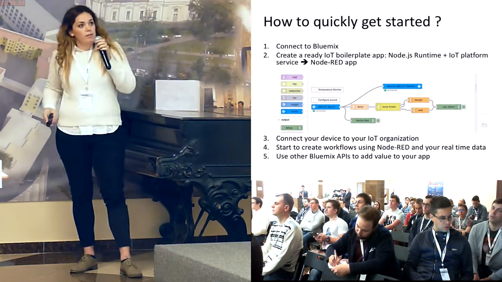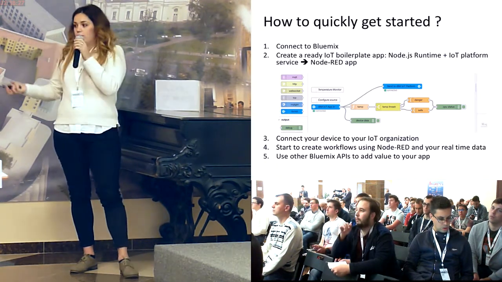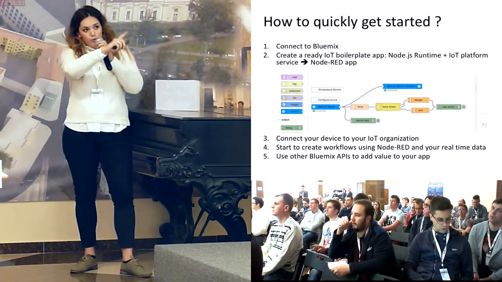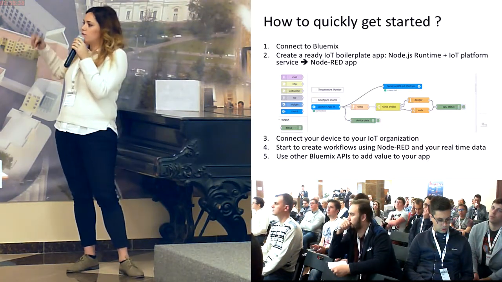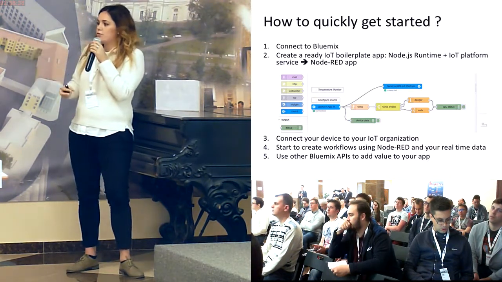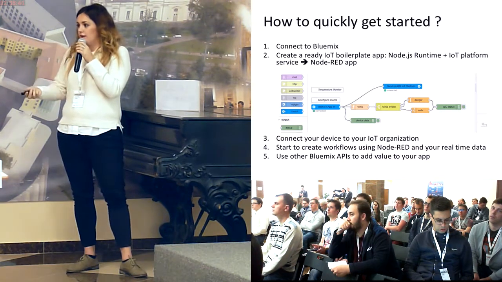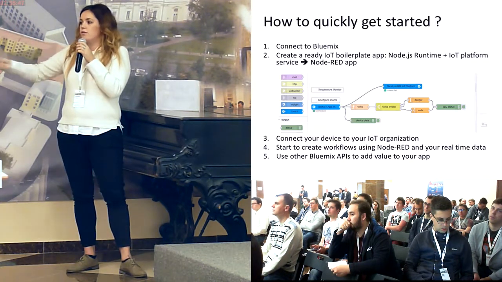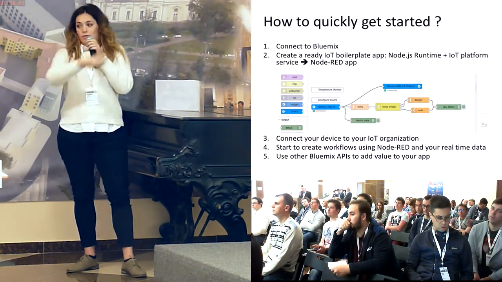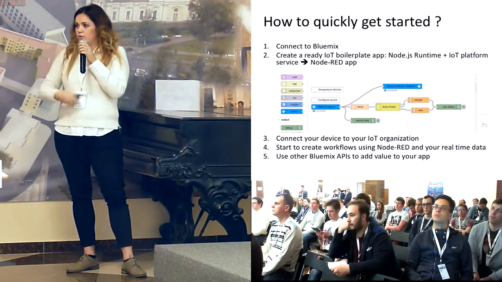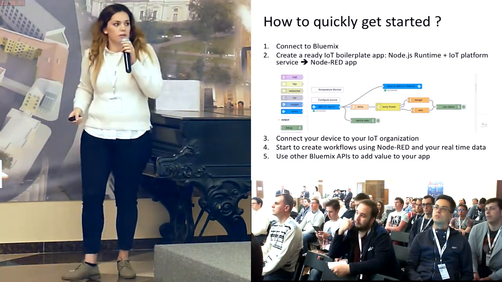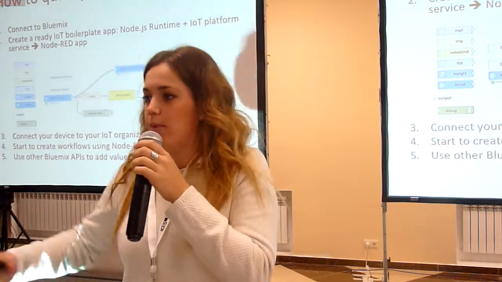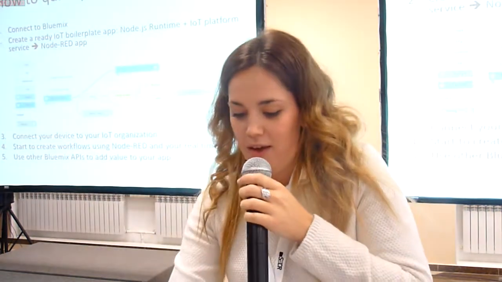So how do you get started, for example, with your IoT? Imagine you have your Raspberry Pi. You can use Node-RED externally as a web application, but you can also install it on your device. For example, you can install it on your Raspberry Pi, and with just a Wi-Fi connection, you will be able to send your data directly with just two boxes. You will send your data to the cloud, to the Watson IoT platform. In this example, I don't have a Raspberry Pi with me, but I will show you how to receive data in a web application. It's exactly the same way, but the other way around.